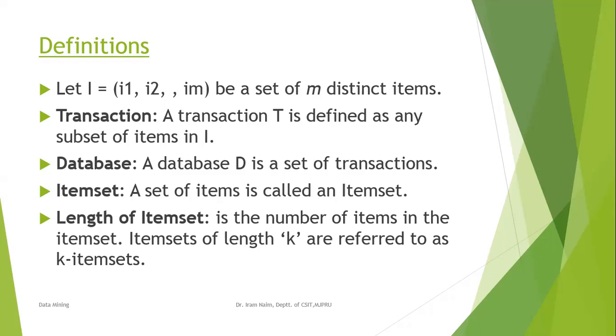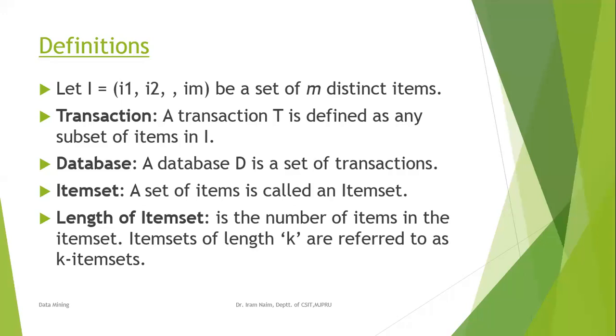We have used item sets in the Apriori algorithm. What did we do in the Apriori algorithm? We start with 1-item sets. We count the support value, and if the item is found to be frequent, we consider it, and we make 2-item sets from those. Then we count the support for the 2-item sets, the combinations of 2. So K is the length of the item set. How many items are stored within your item set is called your K value.